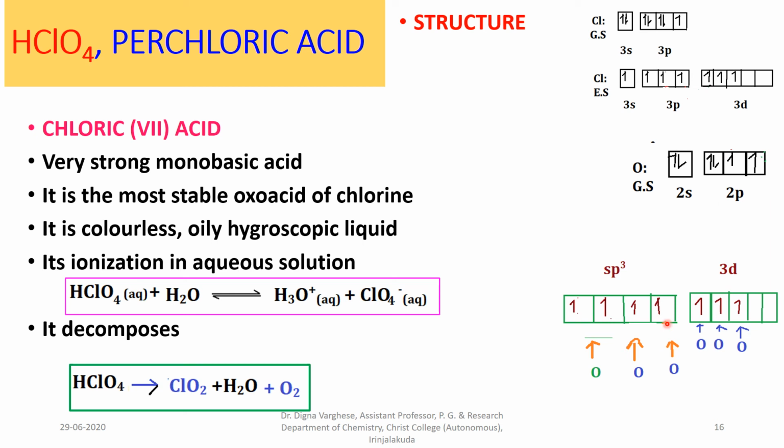The hybridization of the chlorine atom is sp3. It is connected to 3 oxygen atoms through d pi p pi bonds, and the structure is